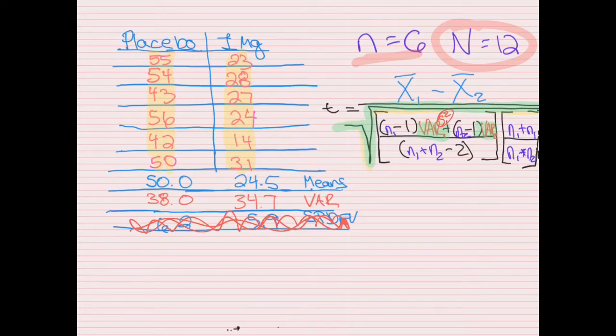We're just going to start plugging in the means right away. The sub numbers here mean the mean for group 1 versus the mean for group 2. So the first thing we plug into our formula, I'm going to write down here, is the mean for group 1 is 50. And just to keep the decimals consistent, I'm doing that. Minus the mean for group 2 is 24.5. Okay. And all of that is over